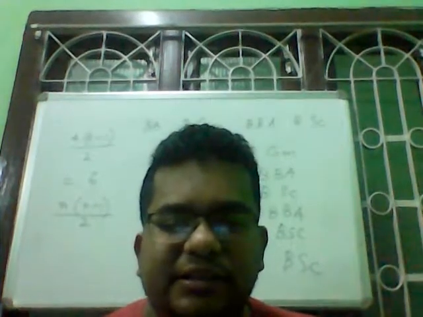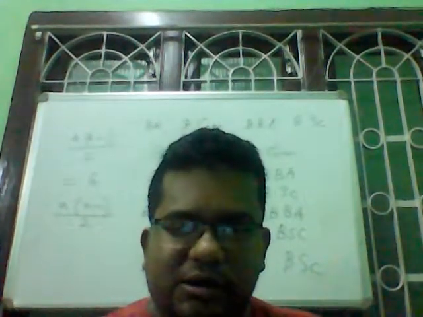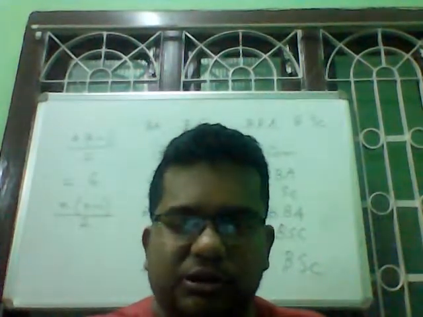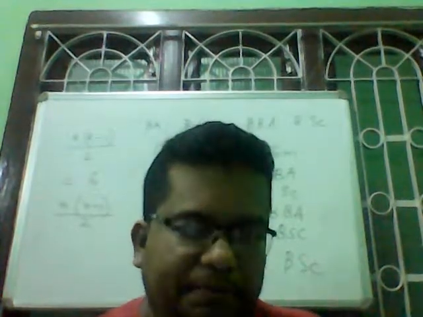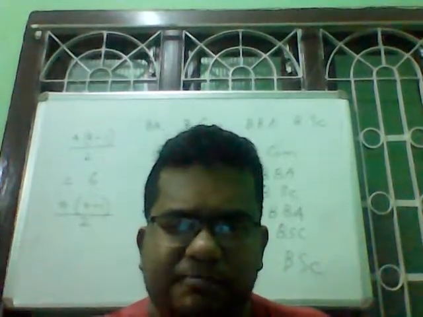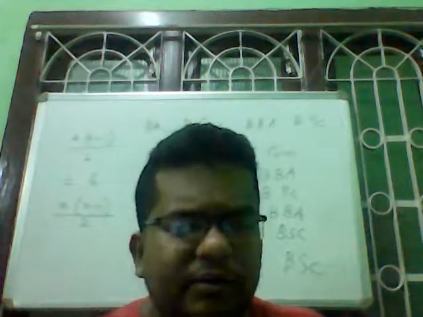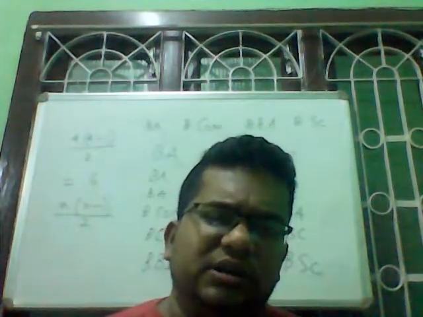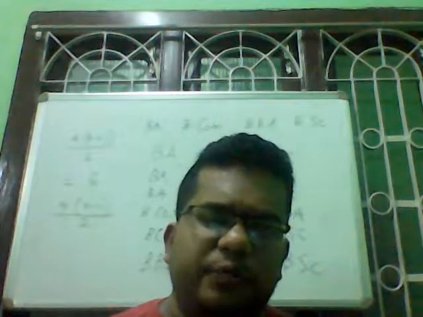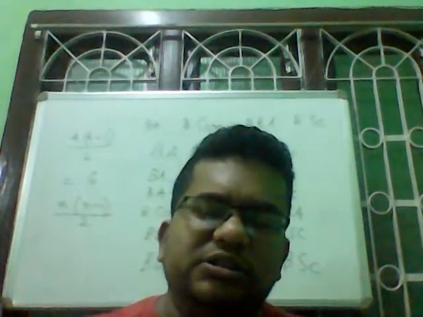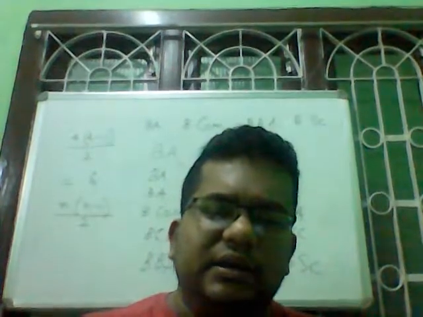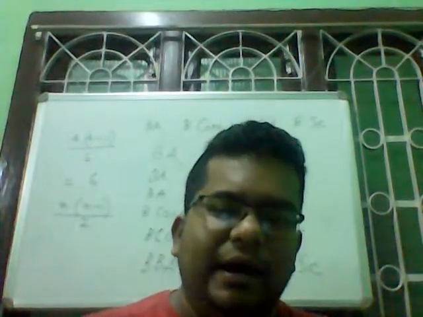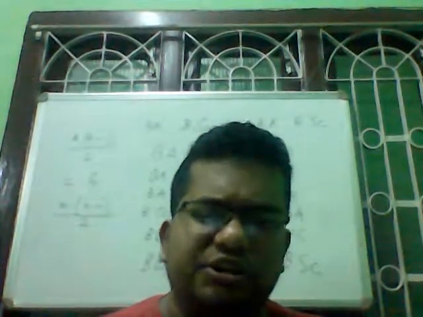So here basically from each pair the respondent is asked to select the most favorable one. So for example in the first case BA BCom he can select any one between the two. So this is called paired comparison. Now this type of scaling has got one disadvantage. The disadvantage is that the respondent may get tired and come up with an ill-considered response.